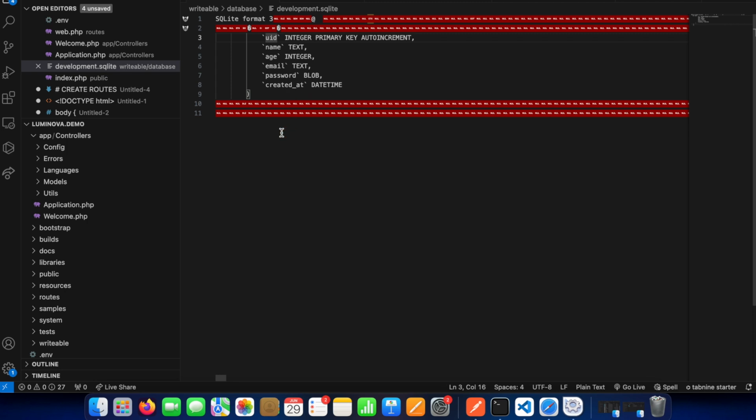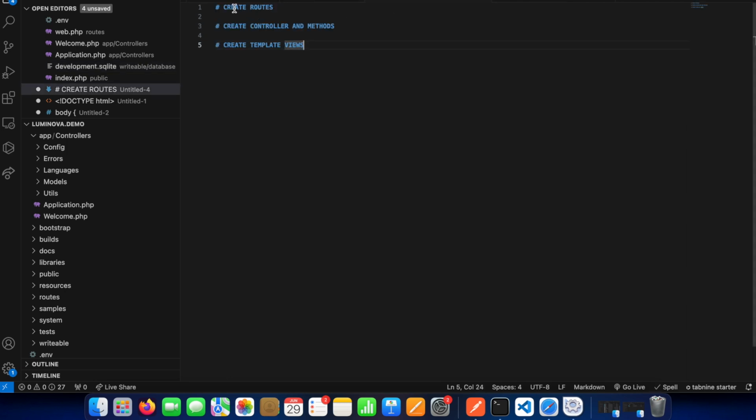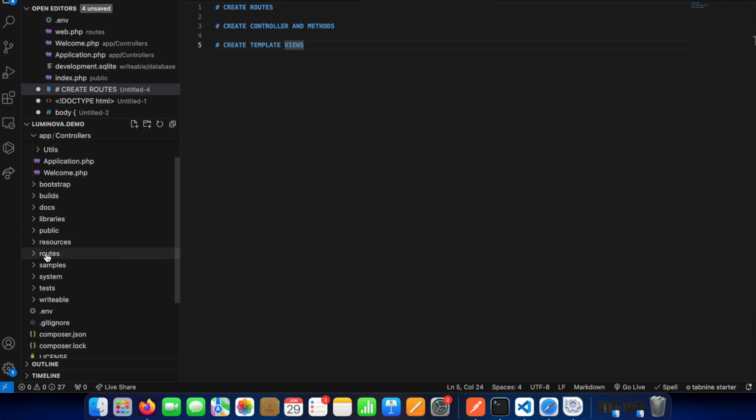So the next thing we need to do is to set up our router. The basic things we need are to create our router, then create the controller and method, then create the template view for login, registration and account dashboard. So to get started, the first thing we need to do here is go to the route folder,